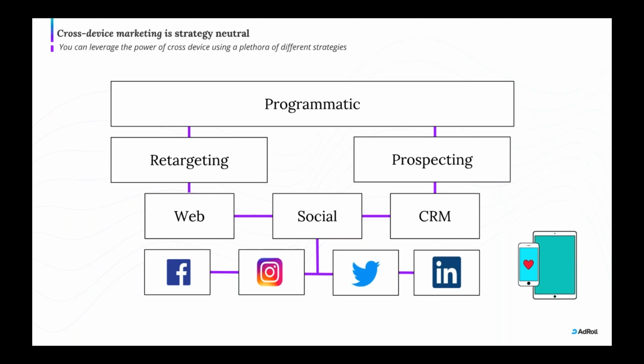Programmatic advertising simply means that it's advertising running based off of algorithms that can bid to place ads in front of your target audiences based on their intent to purchase with you. Two of the main strategies falling within programmatic include retargeting, which simply means serving relevant ads to users who have visited your site but not necessarily converted yet, and then prospecting, which would be finding net new users